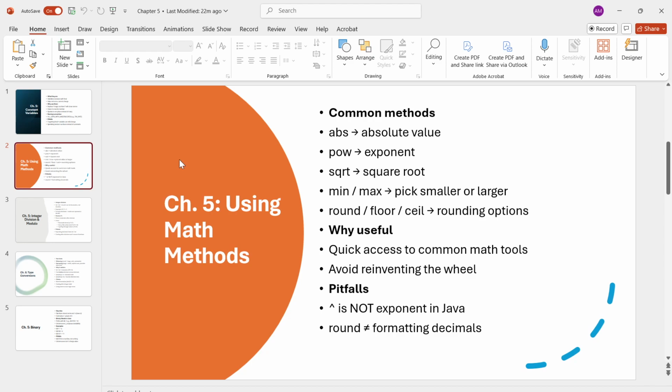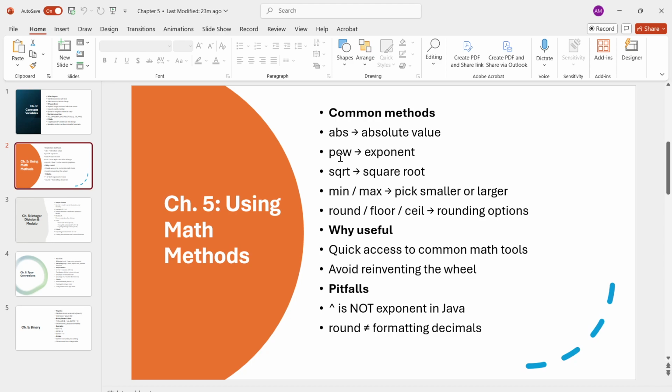And next is math methods. Let's talk about some of the built-in math tools that Java gives us. These live in the Math class and they are ready for you to use with no extra setup needed. Here are some of the most common ones. We have abs, which is absolute value. abs(-1) gives 1, and